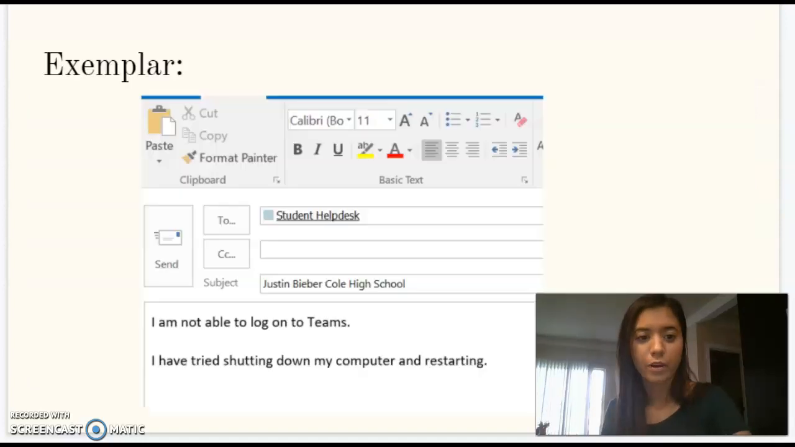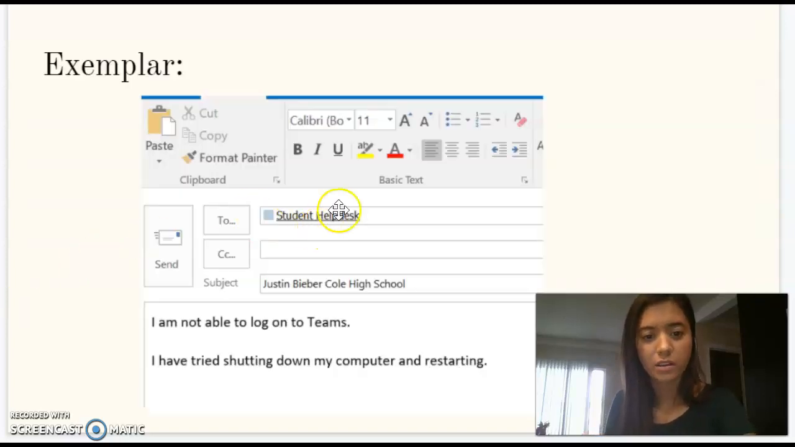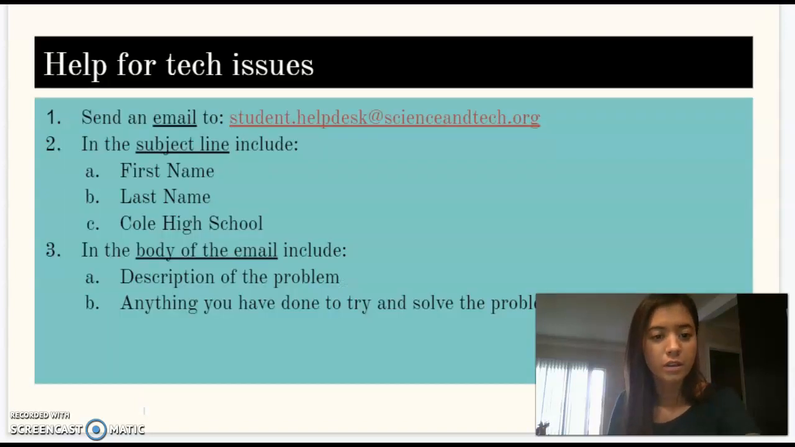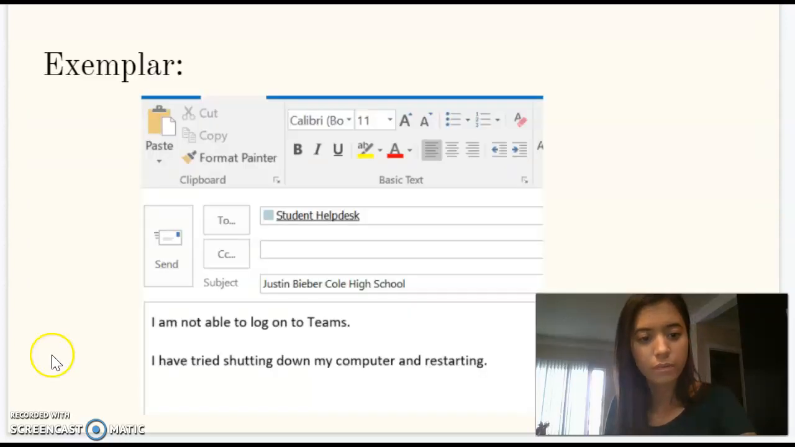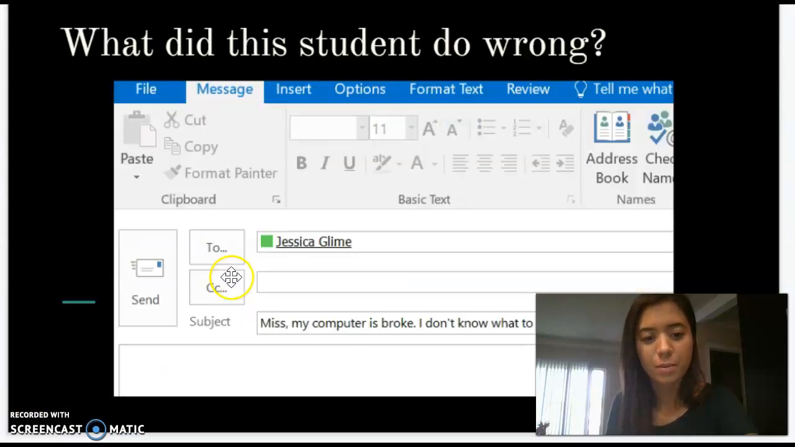And I have an example here. So again, we're writing it to the student help desk. You can see that right here in the to line. For the subject line, we have first name, last name, Cole High School. Subject line: first, last, the lovely Justin Bieber, Cole High School. And then in the body, description and what you've done. So Justin Bieber here wrote,